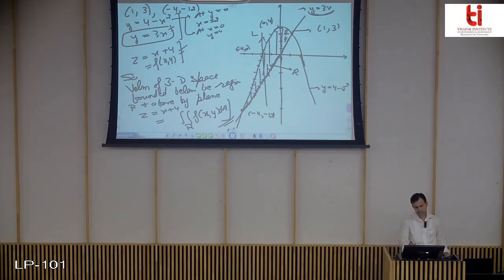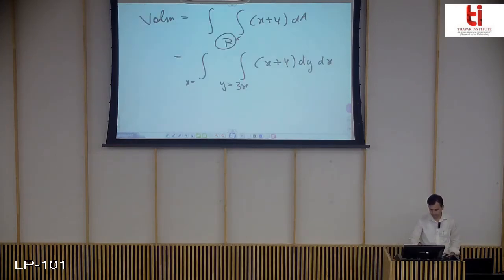And this boundary is your y equals 4 minus x square. So this is your 4 minus x square. Done. So these are the values of y for the given region of integration. The imaginary line L enters at the straight line y = 3x and leaves at 4 minus x square.